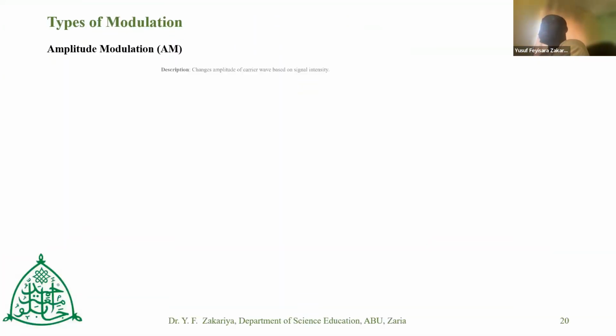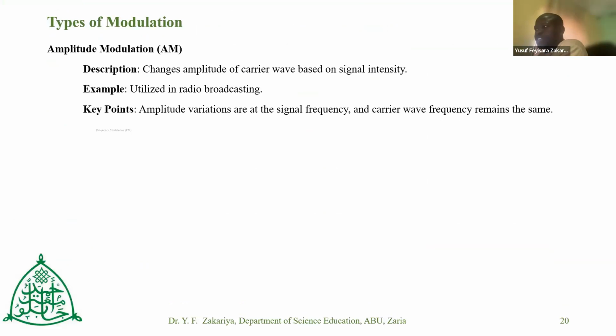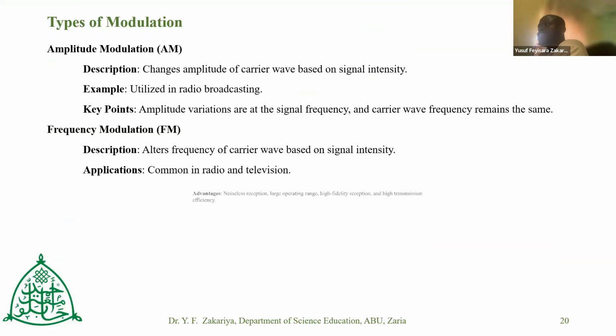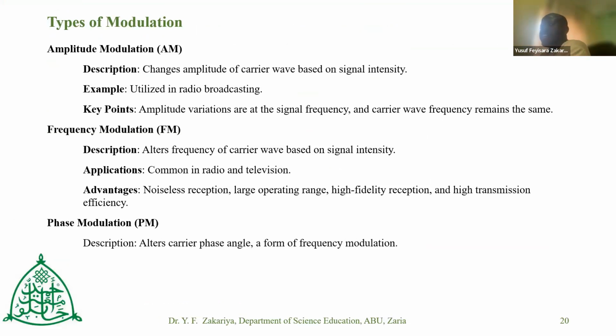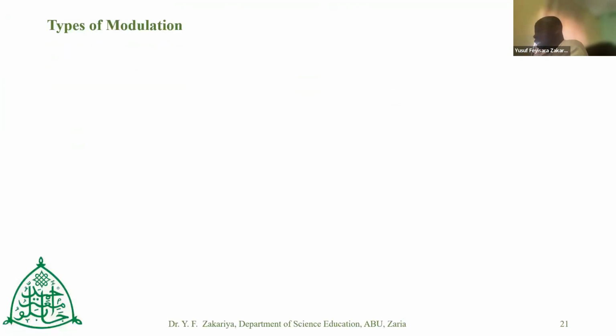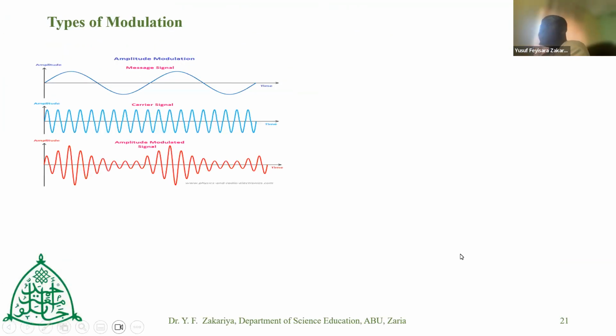And this leads to the three types of modulation: the amplitude modulation, the frequency modulation, and then the phase modulation. And then I think I have a picture here for you. So in this picture, we have a carrier wave and then we have a modulated wave. The one at the top is a normal sine curve. And then you have the carrier signal, which is here.